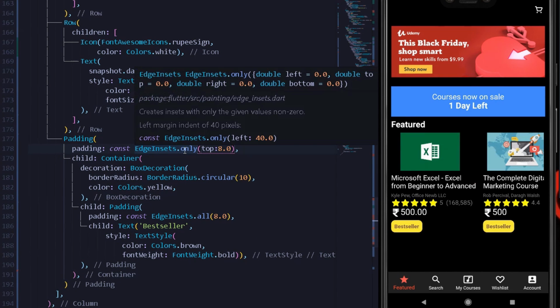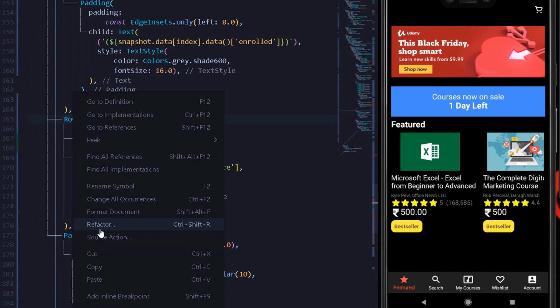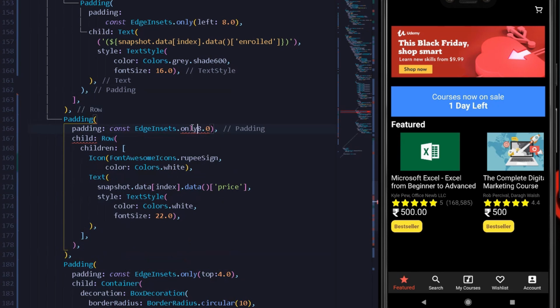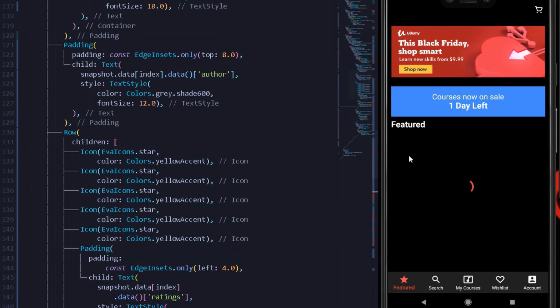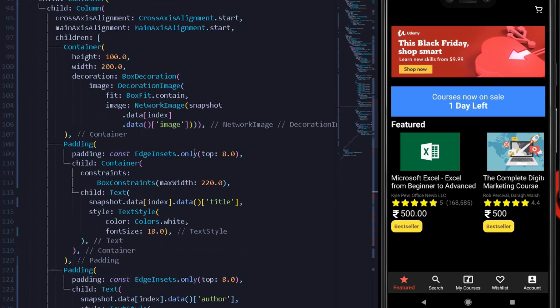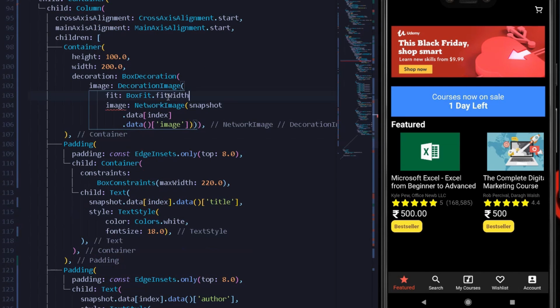Excellent. We can also do one thing, that is give somewhat padding to our entire container from only of top. Same for our price. So here I can simply refactor it into a padding of 4, and here I can simply refactor it into padding from only of top of 4 shall be enough one more time. Alright, it's looking excellent. So you can format document once, and here for our following image we can have our image spreaded. So here I can simply write a fit width. Okay, let's try. Alright, excellent.